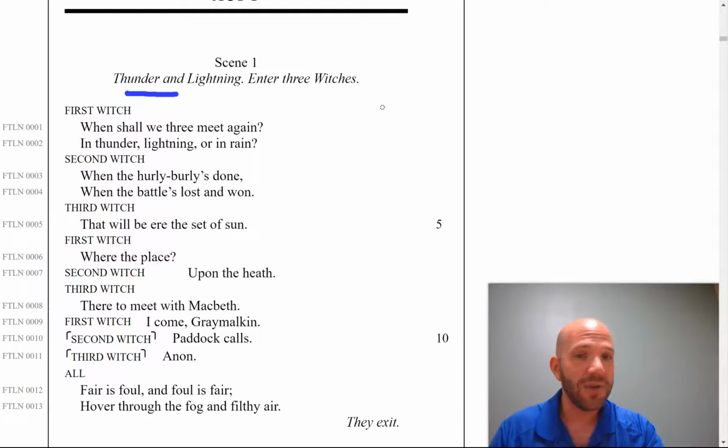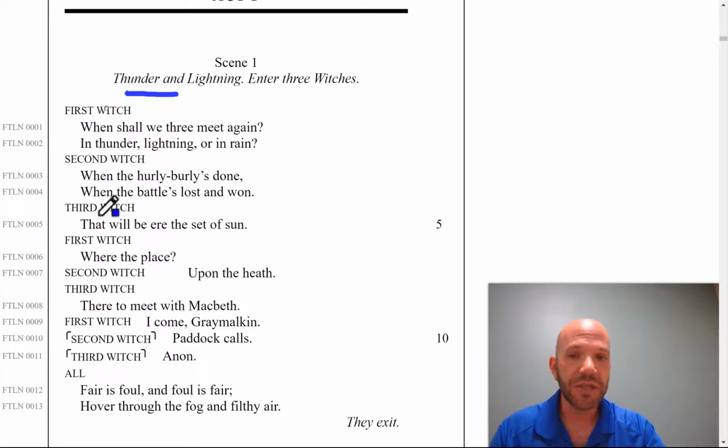At the time he wrote this, people believed in witches. They believed they were real. Most people did. The King of England at the time, King James, had written a book called Demonology, all about witches and how evil they were and how to identify them and what to do with them. This was a real thing that people thought were vehicles of evil in the world. People were really interested in this, not just in a supernatural way that you might be now, as in, oh, that's a fun story, but as something that might actually explain why there's evil in the world.